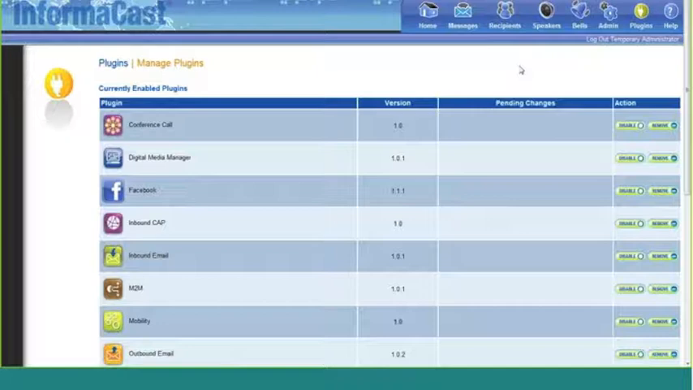And this is where we get a lot of that additional functionality outside of maybe just the devices on your network, like your phones or your computers or your speakers. So this is where you have the ability to do a conference call, setting up a conference call, as I mentioned earlier, with our conference call plugin. This is where we connected to the digital media manager for the digital signage solution. This is how we connect to Facebook, the inbound CAP plugin, which I talked about earlier, inbound email, our machine-to-machine